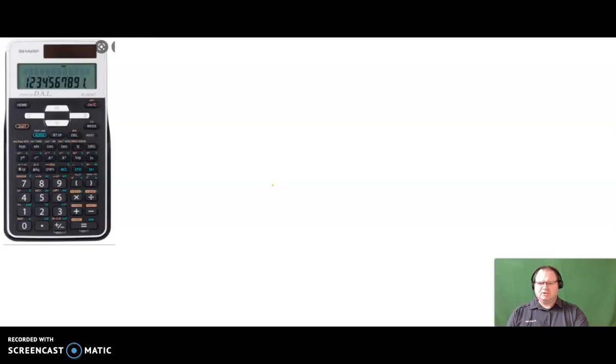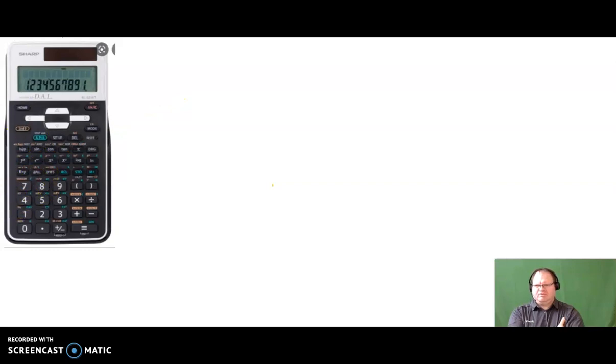Today, we're going to talk about using your calculator. Everyone has a different calculator, whether it be a Casio or a Texas Instrument or a Sharp. But that being said, the keys on the calculator tend to be very similar. So I'm going to look up the image of a Sharp EL531 XT. We'll work from there. So if we're looking at this calculator, and particularly this key,